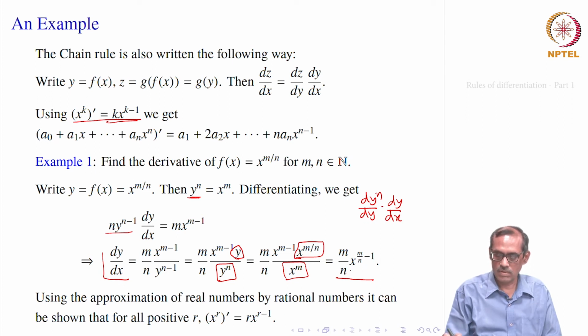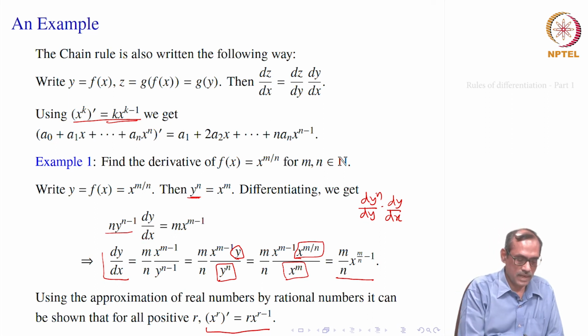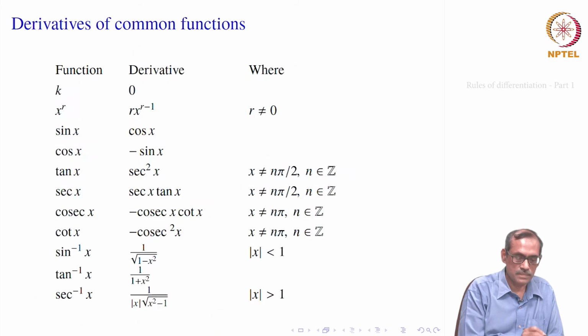If you take it to the reals, then you have to give some approximation of real numbers by the rationals, which will be using completeness property. And finally, we would be getting x to the power r, derivative is r into x to the power r minus 1 for real numbers r, provided x is positive, because negative to the power irrationals will not be defined. So, that is how it is almost the same formula that goes, r goes away, x to the power r minus 1. Okay. So, that is about the power function.